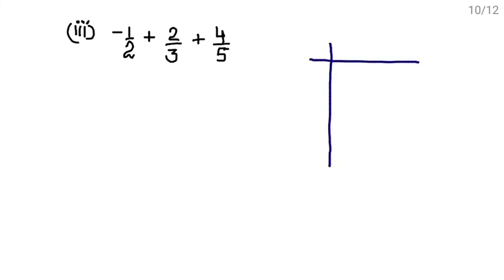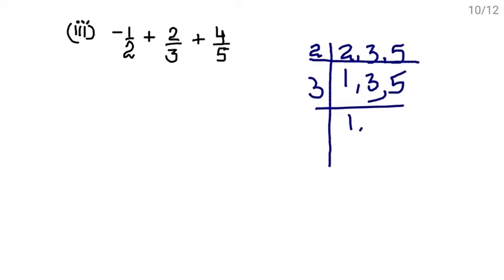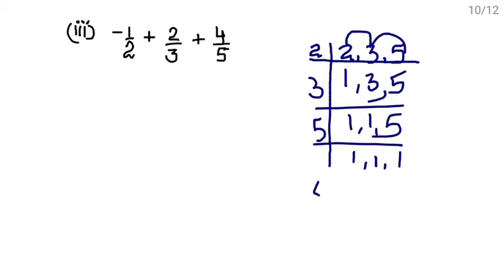So take the LCM of these denominators, 2, 3, 5. All the denominators are prime numbers, so you can directly find it, but still I am calculating. 3 as it is, 5 as it is, 3 ones are 3, 5 as it is, 5 ones are 5. When the denominators are prime numbers and you are taking the LCM of prime numbers, no need to calculate, simply multiply them. 5 threes are 15, 15 twos are 30. So the LCM is 30.